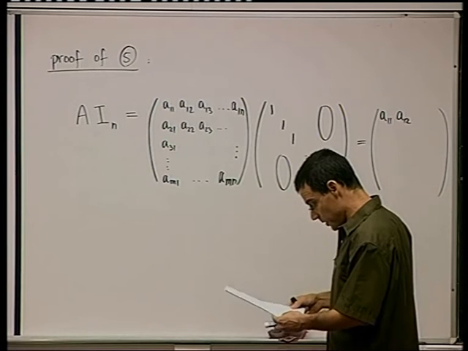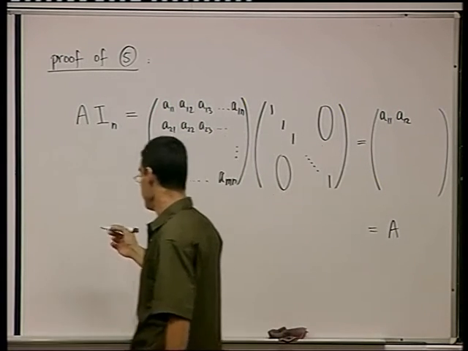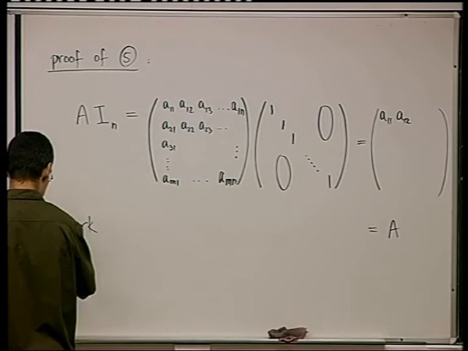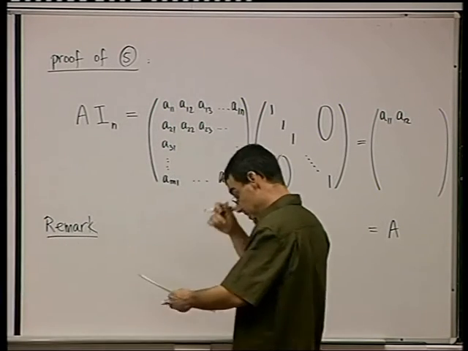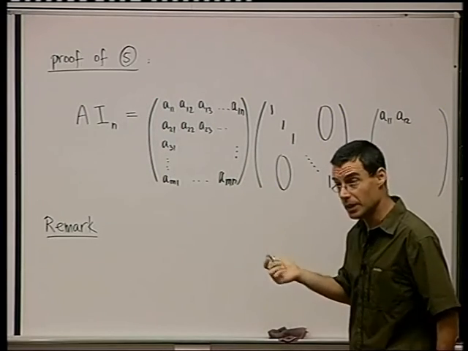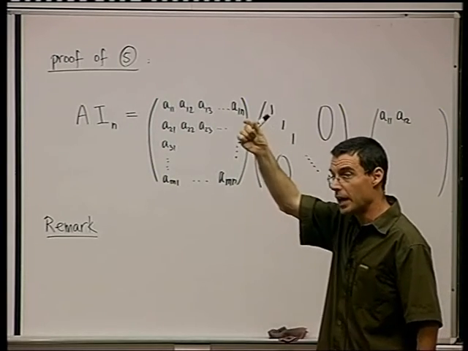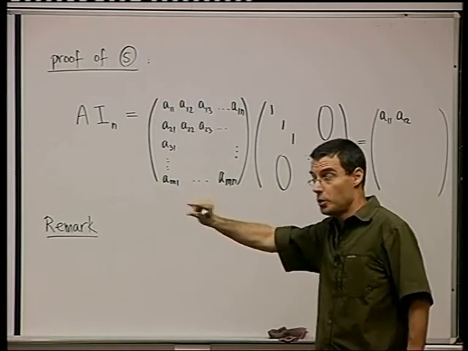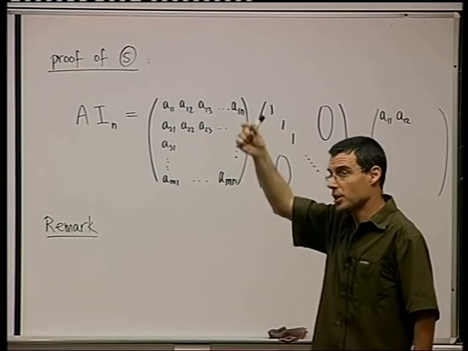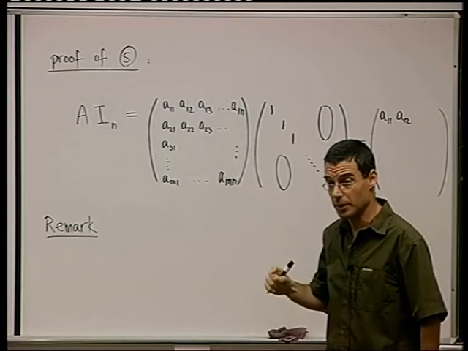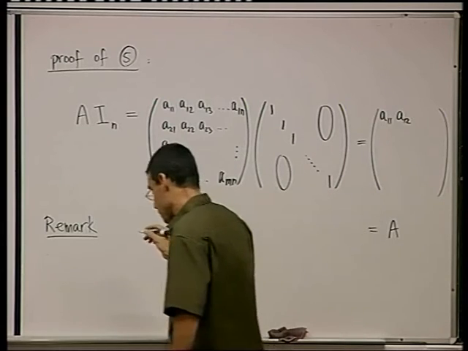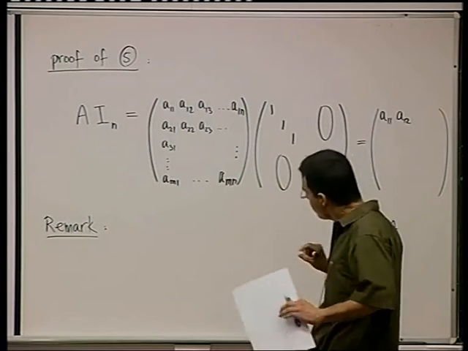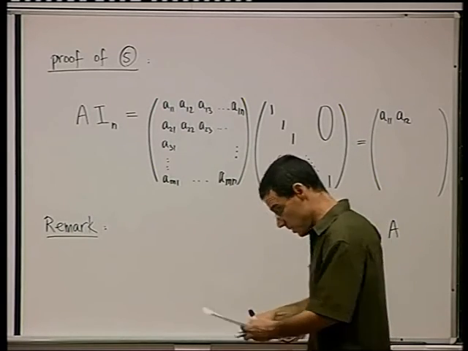Just a remark, which is going to be useful later. So remember, we had the notion of a vector in this context. A vector was an array of elements, a matrix of size 1. There was a row vector, which is a matrix with only one row, and there was a column vector, which was a matrix with only one column. And this remark, which is not saying anything new, but only something that I want to draw your attention to, because we're going to use it later,